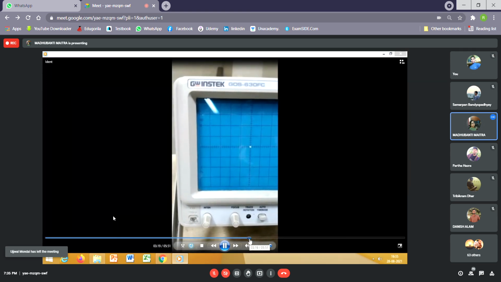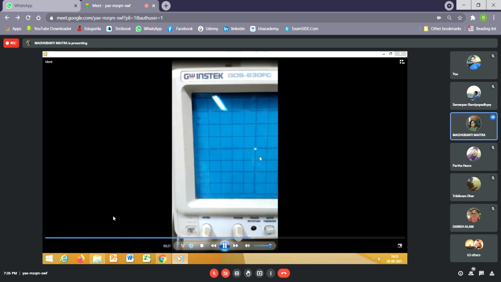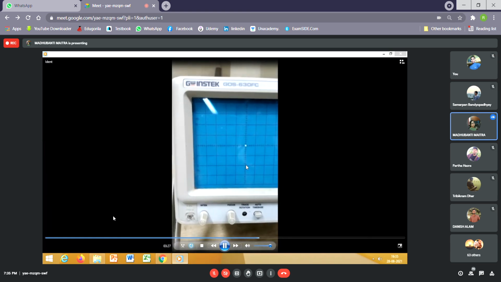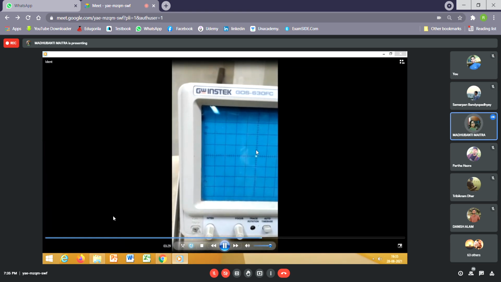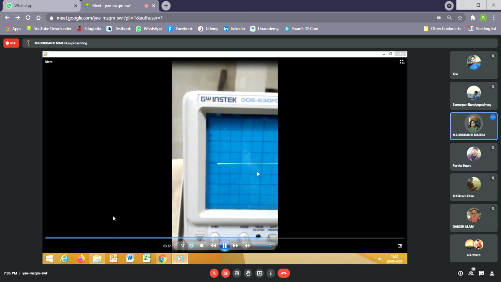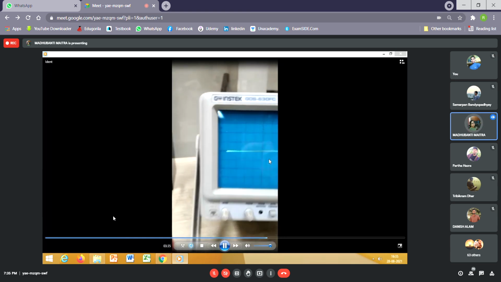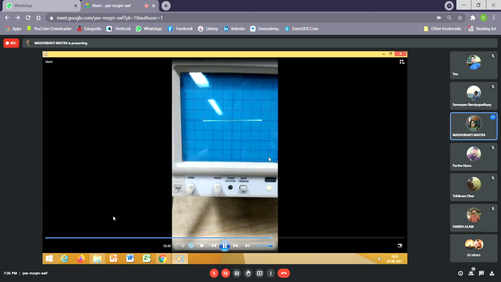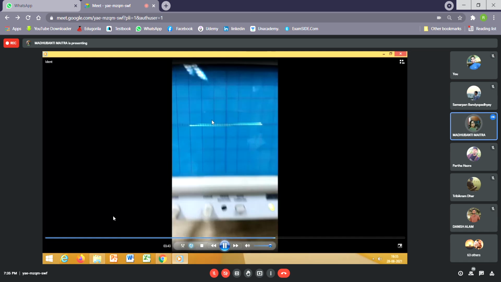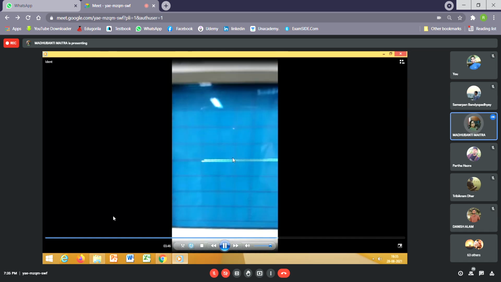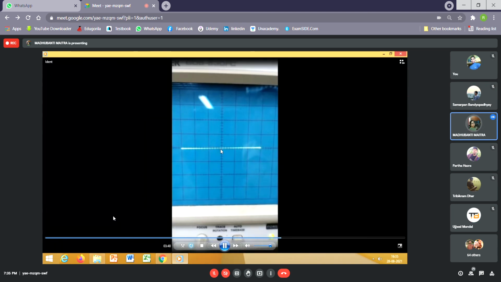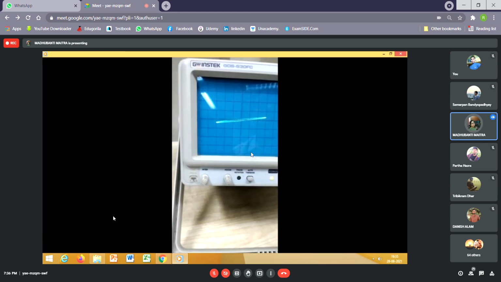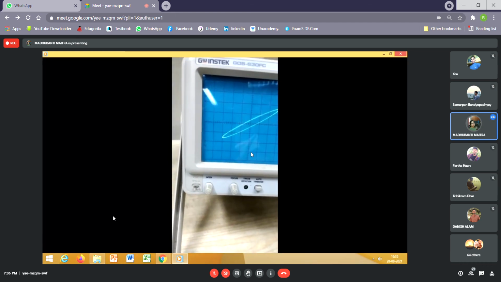If we ground the X channel, then we'll get a vertical line which will give us the Y amplitude. And if we ground the Y channel, then we'll get a horizontal line which is equivalent to the amplitude of the input signal. We'll have to check whether the input is 6 volt or not, and accordingly tune that. Here you see 1, 2, 3, 1, 2, 3, so 6 divisions, and we have set the scale at 1 volt per division, hence the input amplitude.